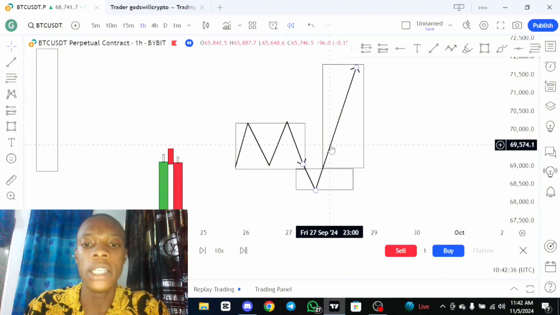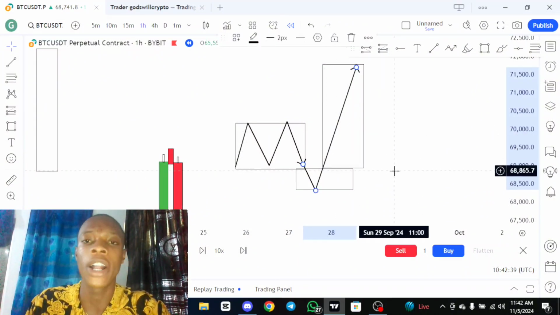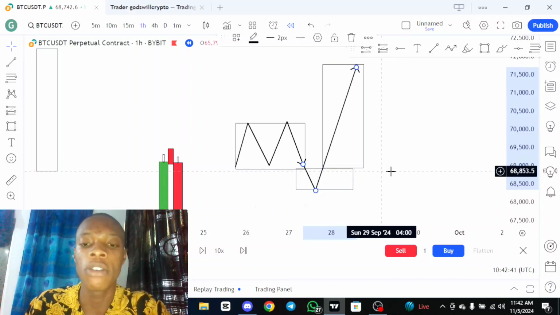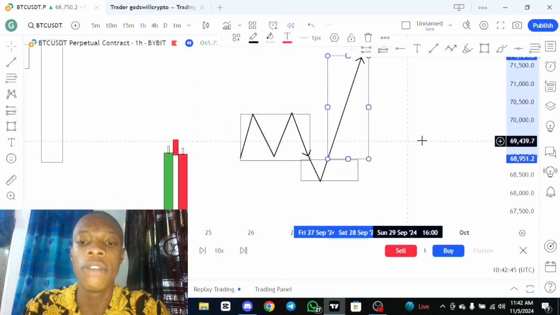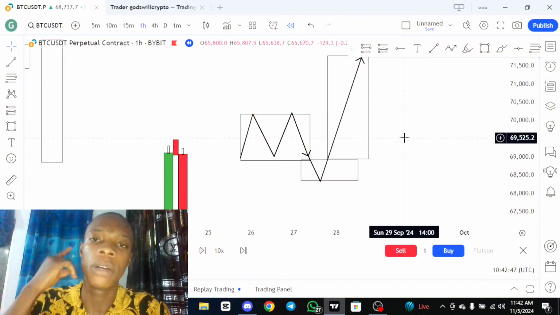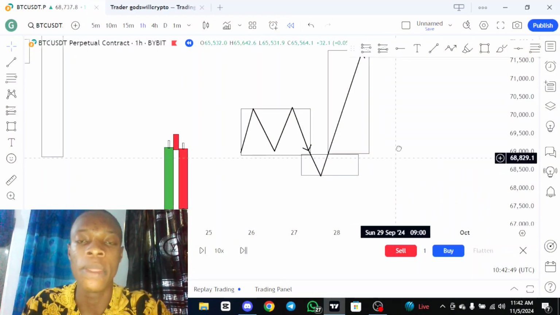The distribution phase now is when those institutional traders get into the market. This manipulation phase is where they look for liquidity to enter the market. Then the distribution phase now, once they enter, straight up full TP. You want to enter once they enter.